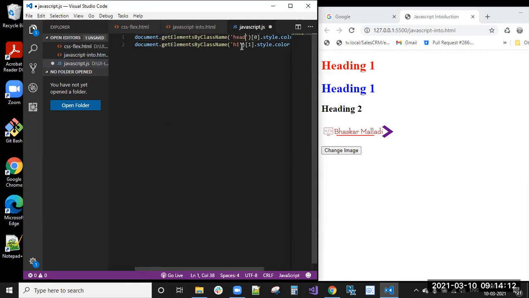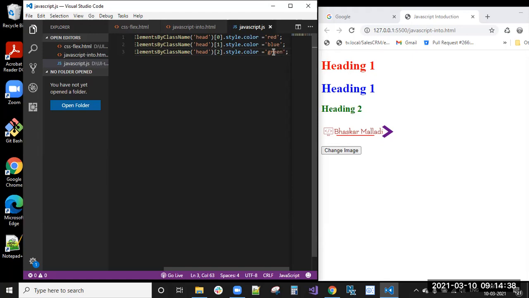And the third element, how can we select it? By using the second index. So here blue color, so we can change it to the green color. Now you can see.